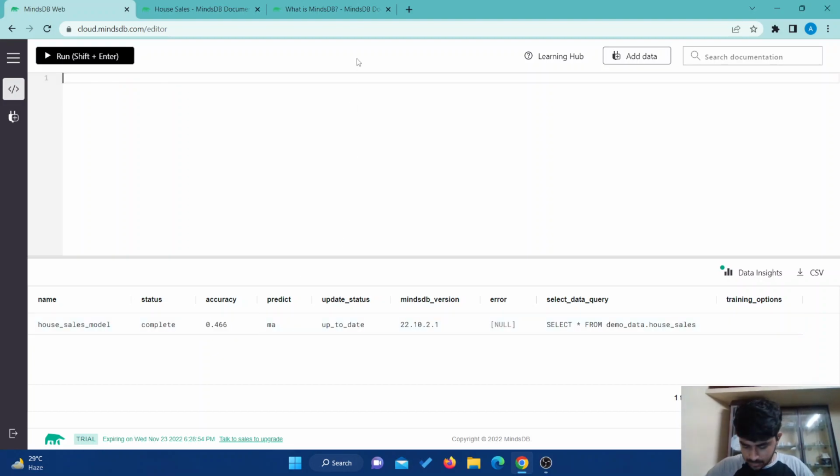And now it's simple. We just need to make the prediction, right? So select, again, select. We'll do m.sale_date as date and m.ma as forecast and ma_explain. I'll tell you what that is later. And now you need to do from MindsDB, our predictor, right? mindsdb.house_sales_model as M